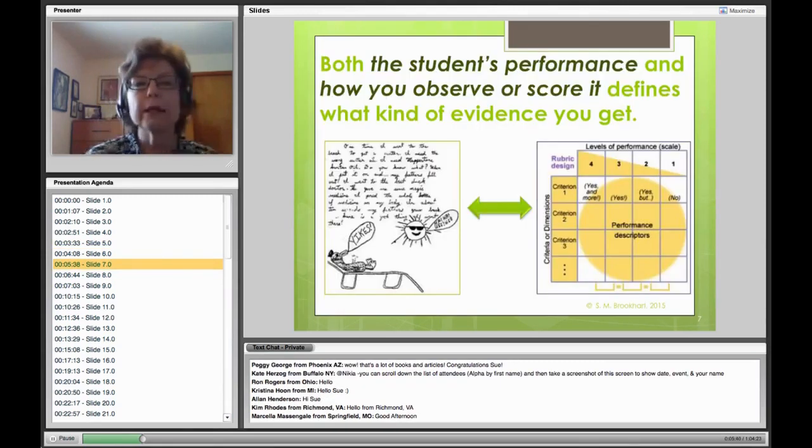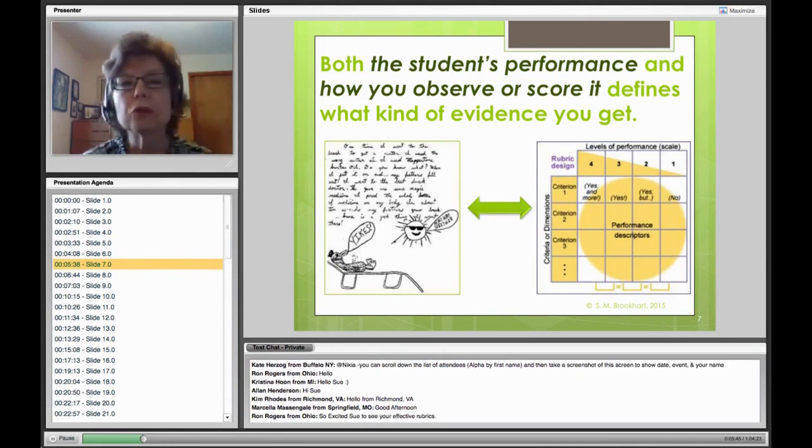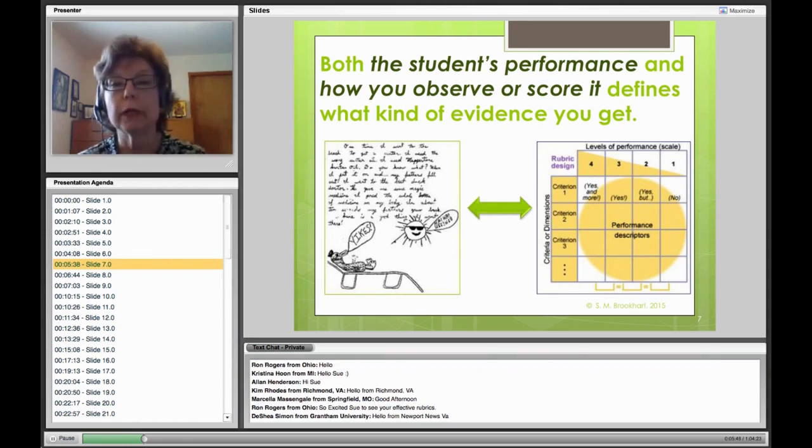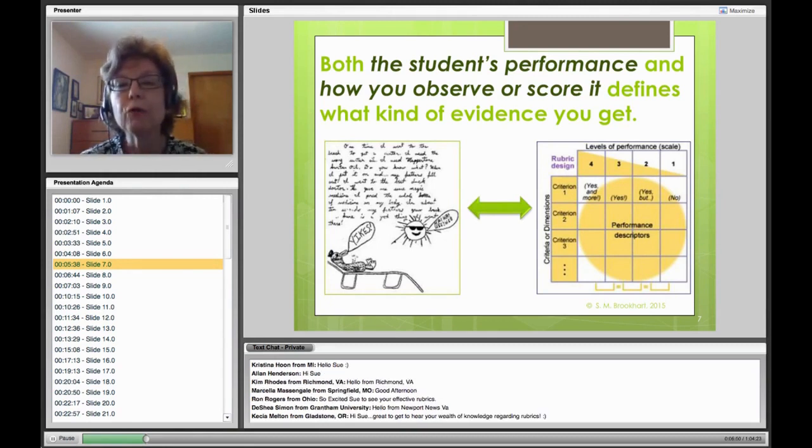I guess the big idea for the whole presentation is both the student's performance and how you observe or score it, meaning usually the rubric, defines what kind of evidence you get from an assessment. So you could have a marvelous assessment with lots of evidence of student thinking, but if your rubric doesn't have any criteria that allow you to evaluate the quality of the student thinking, then once that lovely assessment, that student